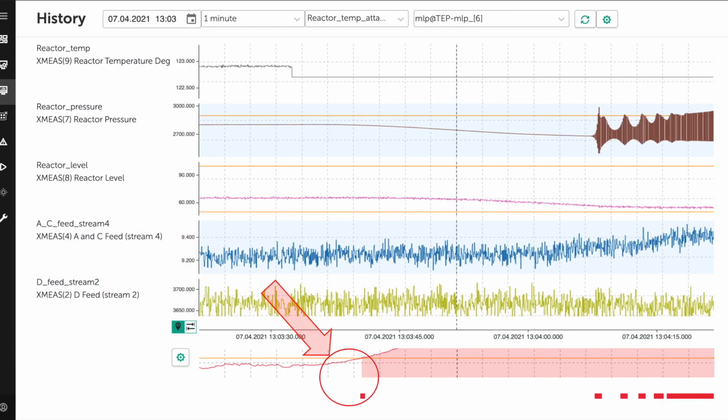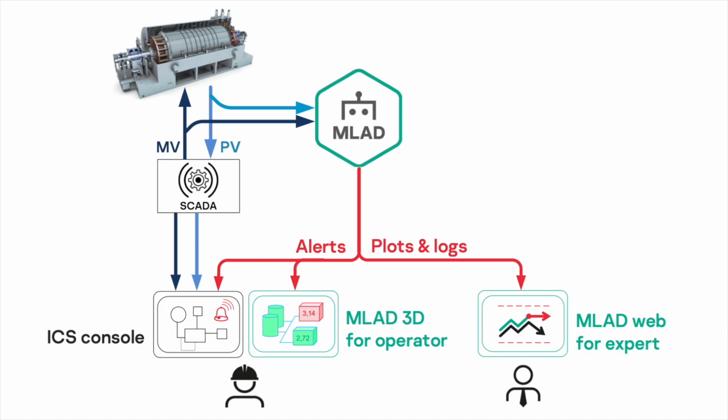In retrospect, you can see that Kaspersky MLAD recognized a potentially dangerous situation, and raised an alarm in just 15 minutes after the failure of the sensor. But it took an extra hour for the SCADA control system to do the same, when it was already too late to hold back the problem. Kaspersky MLAD gives plant personnel a wide time margin to identify and mitigate threats that can lead to a breakdown of equipment or a degradation of performance.